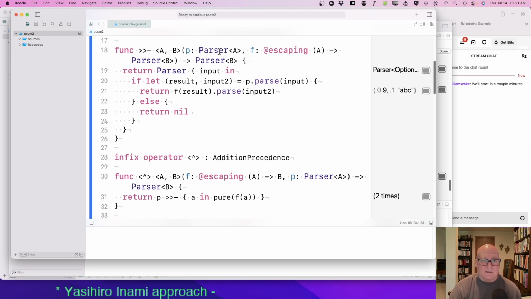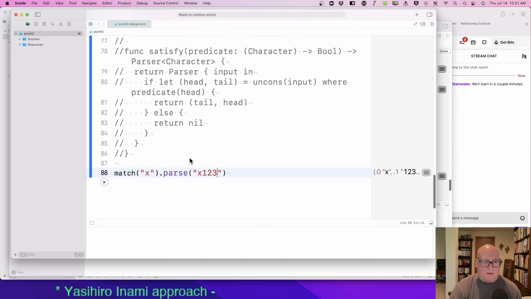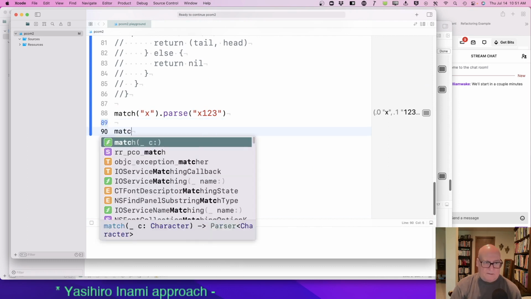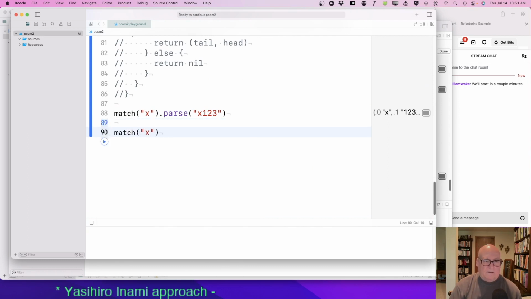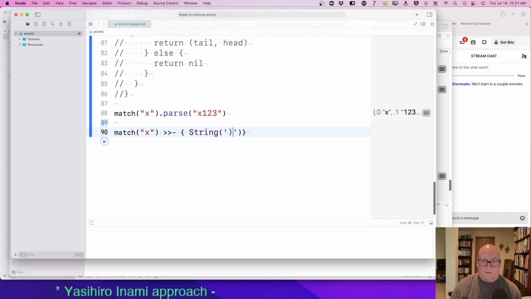Okay, so it takes a parser and a function. Let's try that. The parser is match of x. And the function is string of $0. Okay. Let p1 equal that. Okay. Now p1 is a parser.